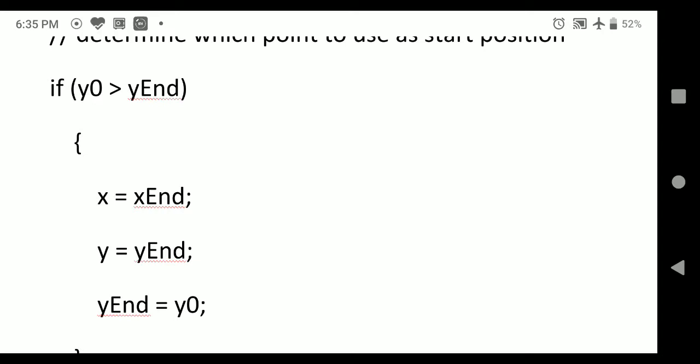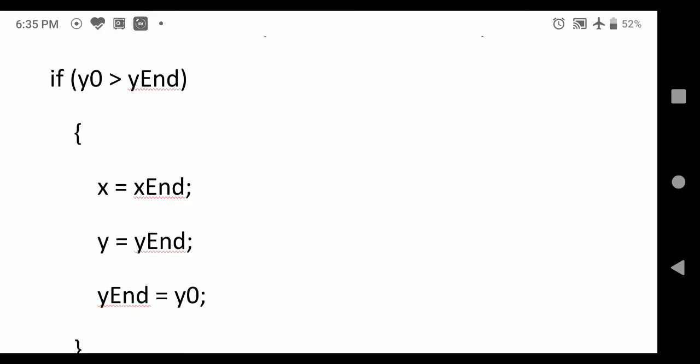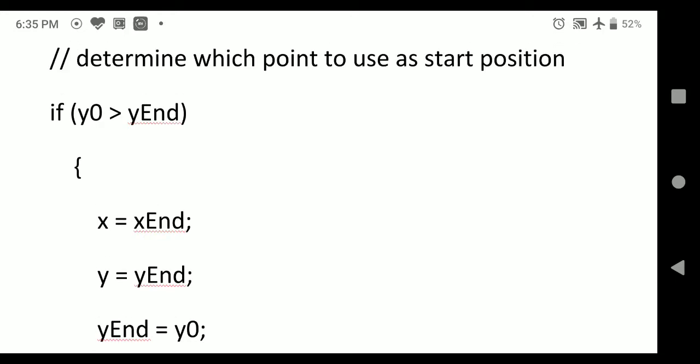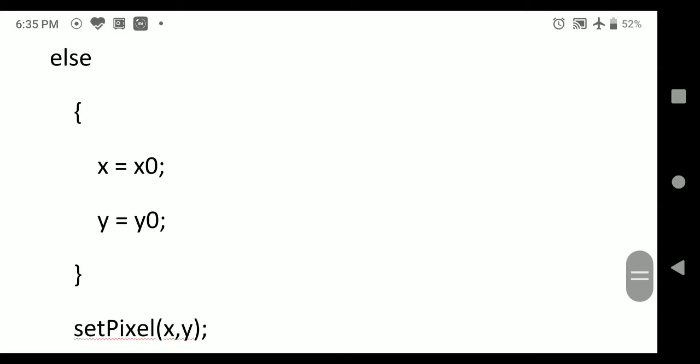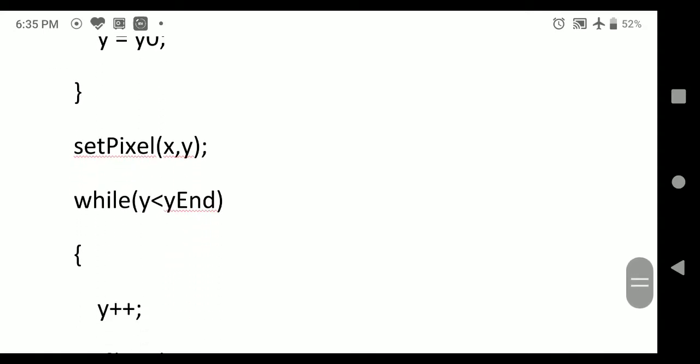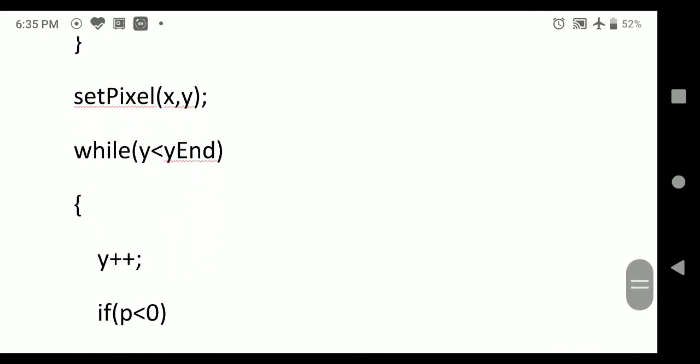So for that sake, we are supposed to check whether the points are given in bottom to top direction. If it is not, we are supposed to set the first point as the second vertex that has been given for the line, and the last step to be assigned with the first y value to indicate the end of the step. Otherwise we can let it be as it is. The first step will be setting the pixel xy.